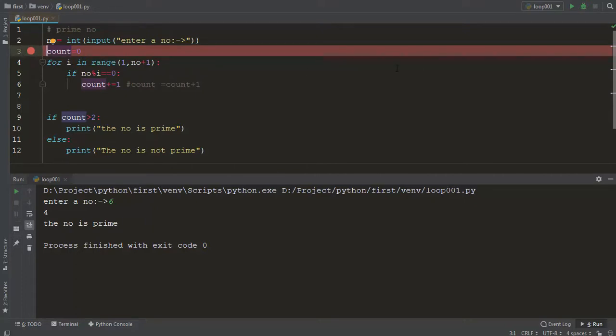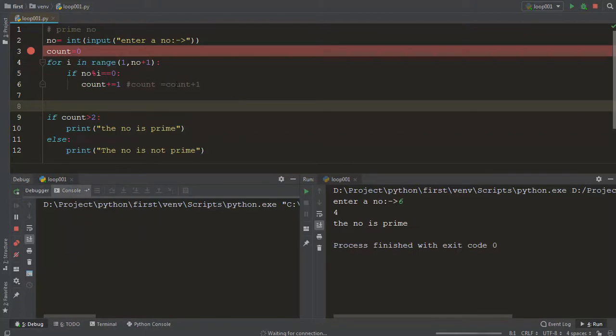Okay, and then here is the button you can see at the top right corner, or you can simply press Shift+F9 to debug. Okay, so the shortcut key is also there, so you can use Shift plus F9,